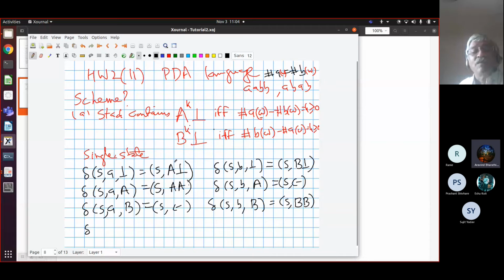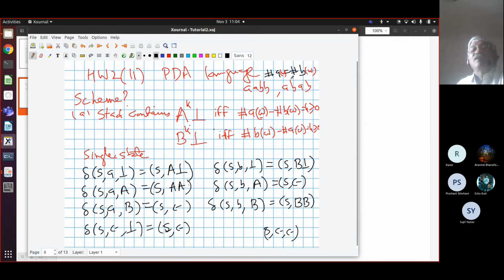There should be an epsilon in the stack, because there should be an epsilon transition which consumes the stack bottom symbol. Let's say I don't have to go to T. I can just remain in S and I can put an epsilon. And this automaton will accept by empty stack, right? So it will reach some configuration S epsilon epsilon if number of A's is equal to number of B's.